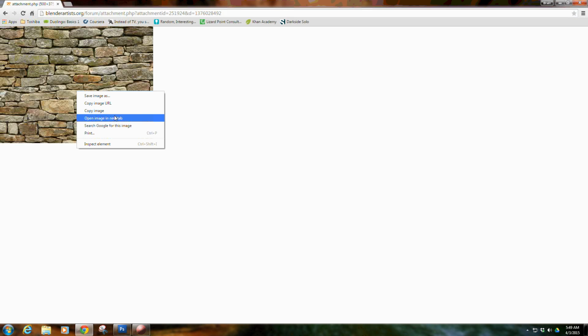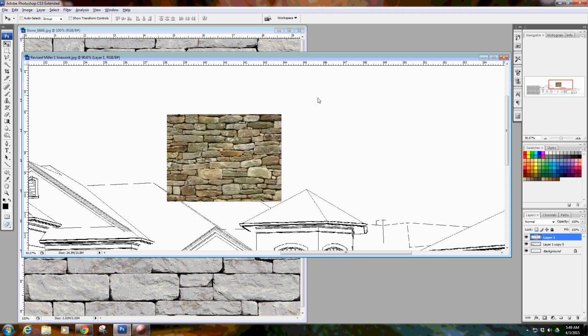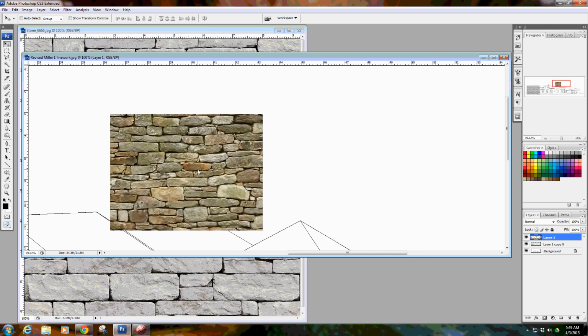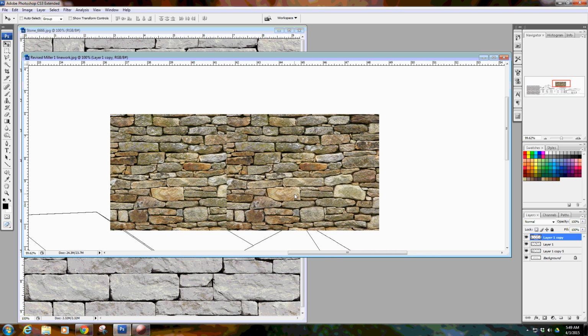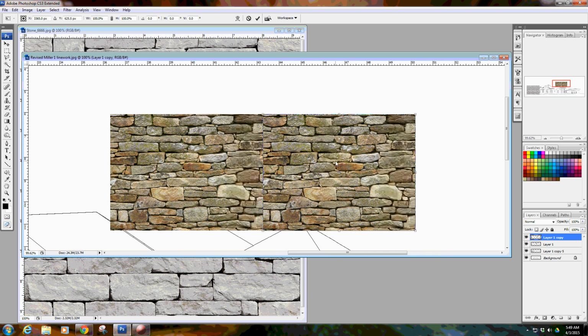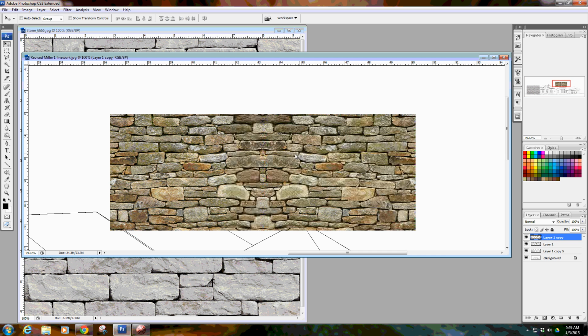so let's copy that image and we'll paste that in. Okay, now this does not look like it's seamless, so when I place that next to it, you get that line running right up the middle of it. So in order to create a texture that is a little more seamless, I can hit Control T or Command T if you're on the Mac, and then right click and hit flip horizontal, and you'll get the perfect matchup in the middle. But a lot of times you'll get this kind of butterfly effect that's going on here,